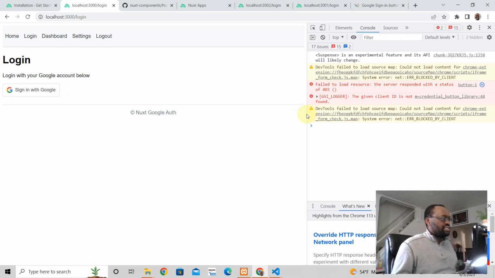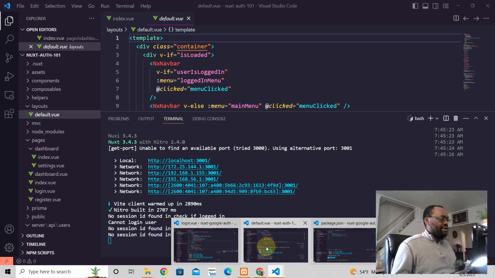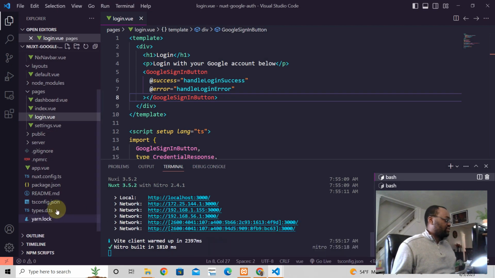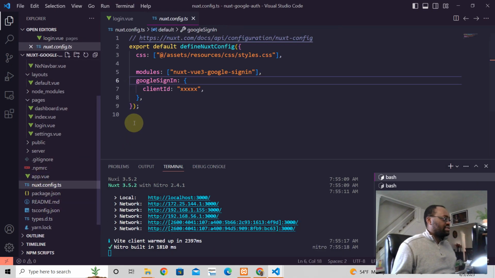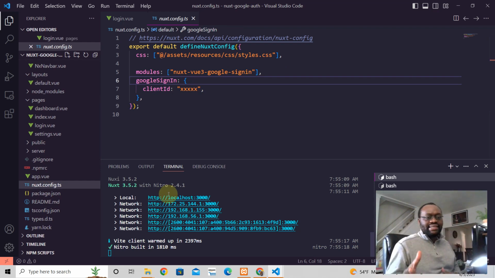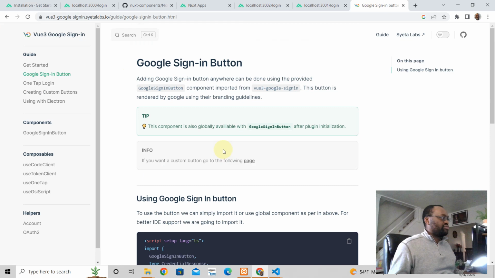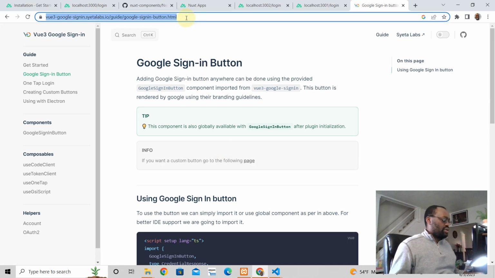Now here, you see this error here? It's saying that the GSI logo, the given client ID is not found, and the reason for that is the client ID that we have given, of course, is bogus. It doesn't exist. That's not a real client ID. So let's go get a real client ID then. So we're going to go back here. Thank you for this. So we're going to go to Google